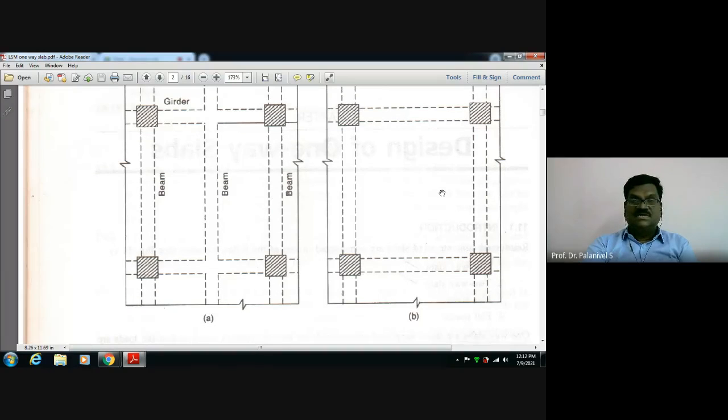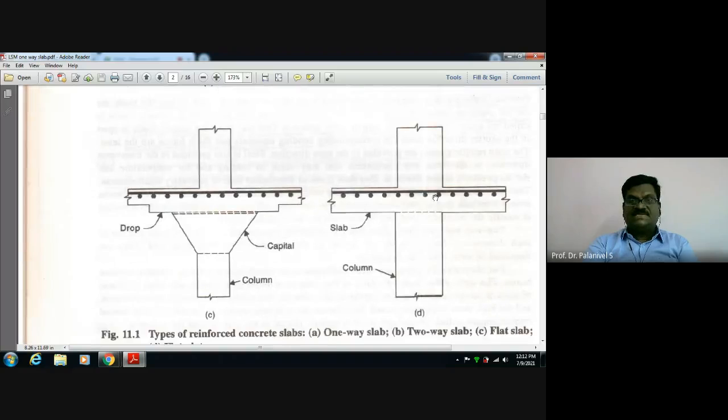Now I have not yet told you what is a flat slab and a flat plate. This is called a flat slab. In a flat slab, you have a provision like a drop box, a drop panel. This is called a drop panel, square. In plan it will be like a square projection in the slab. So it is called a drop panel, and also a capital in the column, to resist shear. What is a flat slab? Flat slabs are without any beams. They will not be supported on any beams. They will be supported only on columns. There will not be any beam between columns.